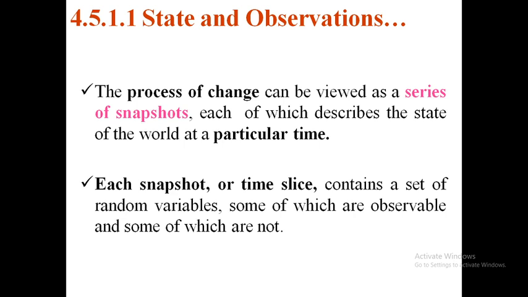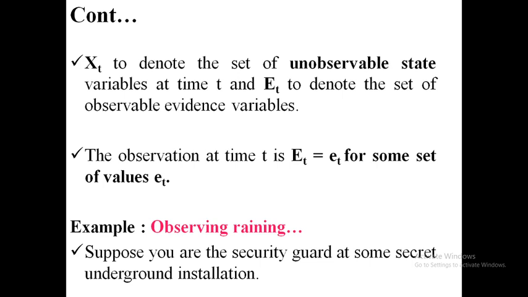Right or wrong? So at any time, there may be n number of random variables and n number of observations or evidences. Now we have to relate these random variables and evidences. How are they going to be related, how are they going to be dependent? If you are able to follow that, the temporal model is very, very easy for you. If you are not able to read these two terms, that is, the random variable and the evidence, which we have been talking about from the beginning, it is very tough to follow the temporal models also. So along with the random variables and evidences, we are getting one more variable called time. Correct?